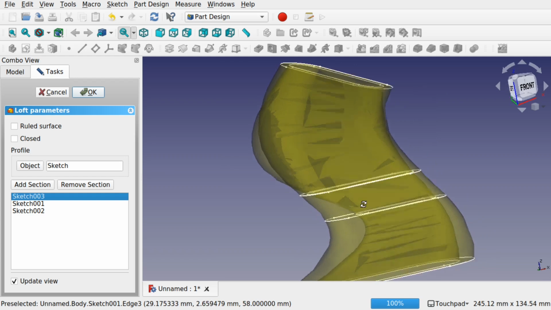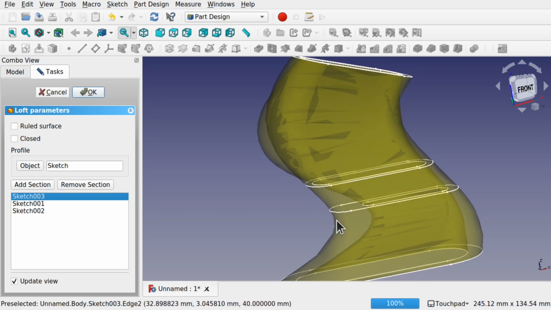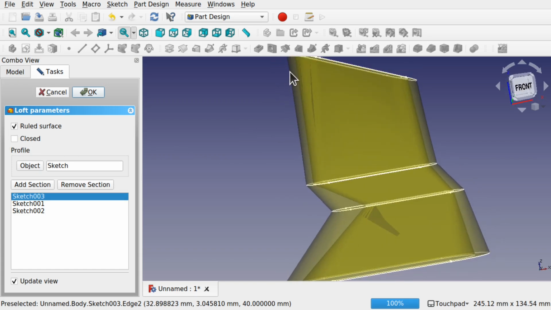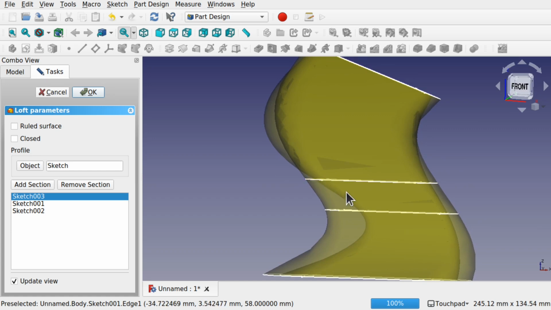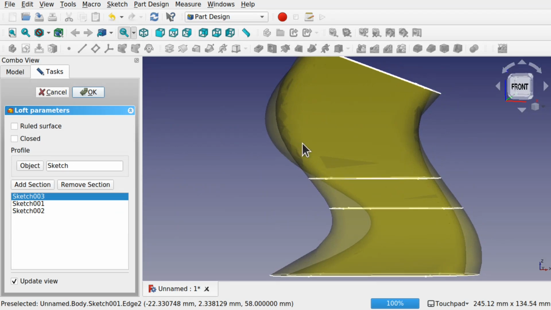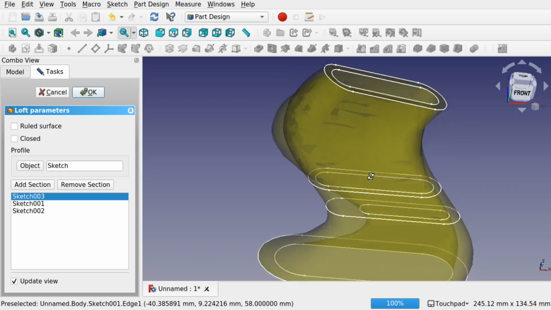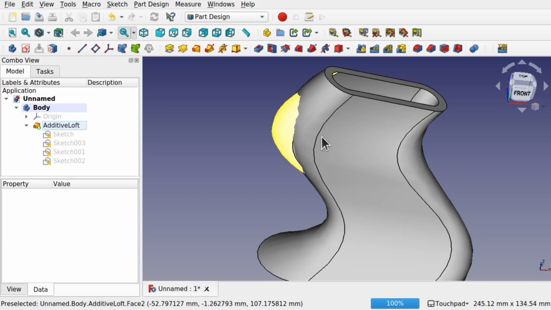We have to be careful about where we place our internal section through there, so our internal void in there, because if we go to ruled surface, then you can see how that's positioned correctly. But if we turn the ruled surface off, then we're going to get some bulging that's coming out here, and this will create an invalid loft. So we just have to watch out for that. So the way I would fix this is to bring in another section in here, or to reduce the bulging by bringing in the inner part of this sketch inwards. So it's okay that you see the bulging out here,